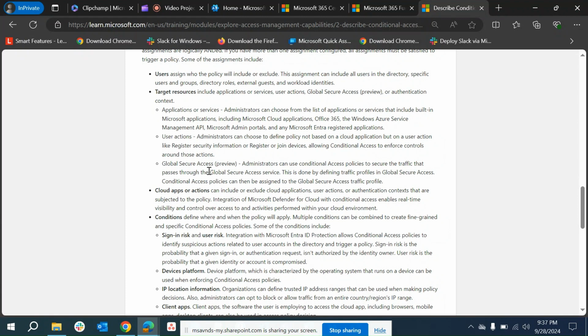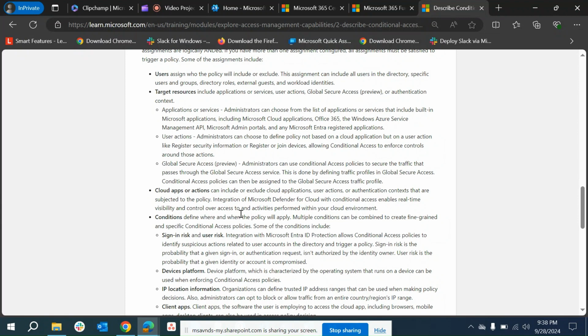Along with that, global secure access as well, in order to provide the right traffic of access over the global secure access service, which is set up within Microsoft 365, right? And then we have next cloud apps or actions, which can also be included or excluded along with the user actions, and then authentication context,